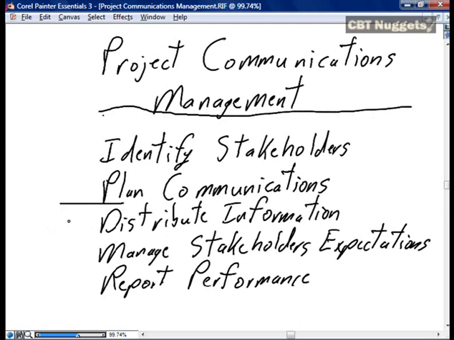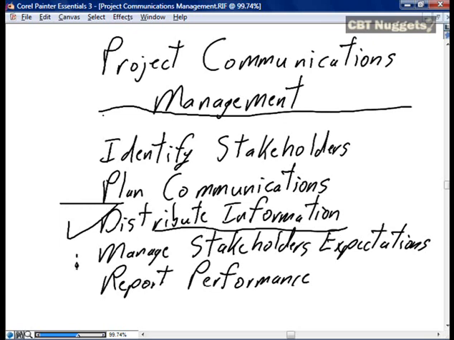The key to this nugget, the key to all communications, is effectively distributing the information, making sure that you have the right information in the right format, that it's going to the right people in the right time frame, using the right vehicle, that you're providing weekly status reports to the appropriate stakeholders, and you're doing this via email, that you're providing monthly status reports in a summary format, probably graphical, to senior management, and it's being done as a PowerPoint presentation, that you're following up on action items,